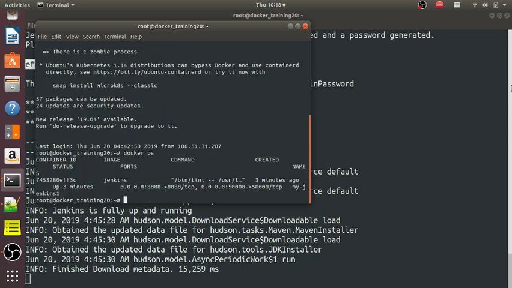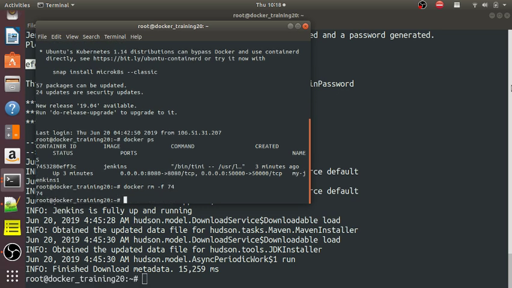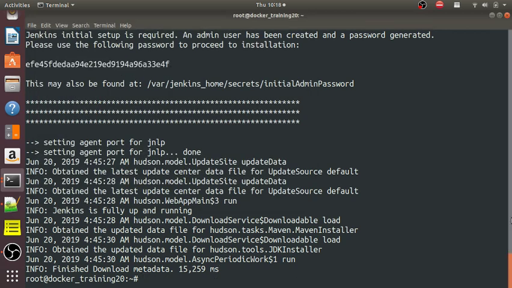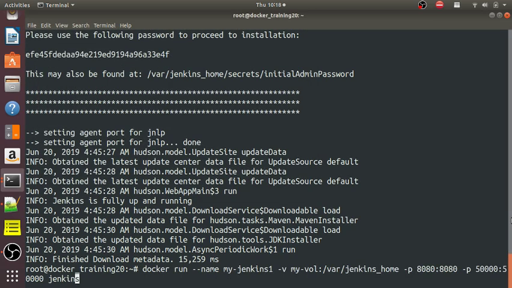So Jenkins is running, so I am going to exit and remove this container. So if I give docker ps, my Jenkins 1 container is not at all running. Now let's create another container with the same command, I'll just give the name of the container as Jenkins 2. And here port number also I will specify something different. So if I give 8081, and I will give